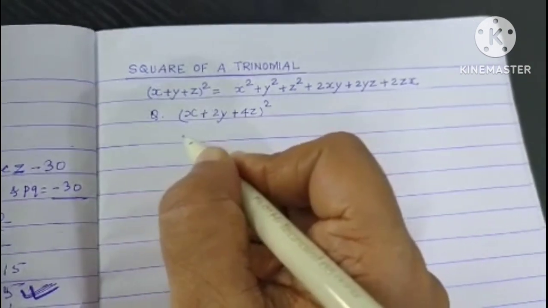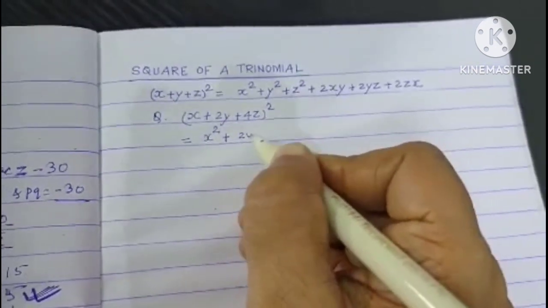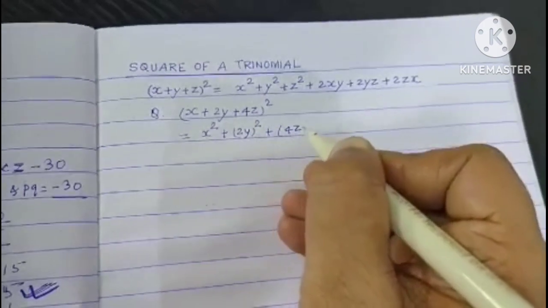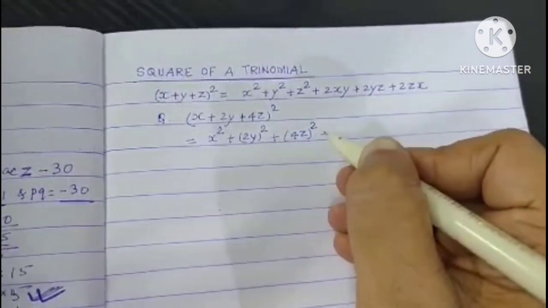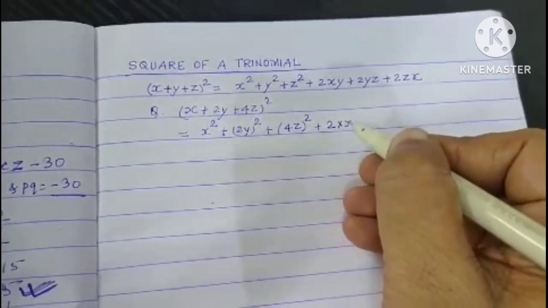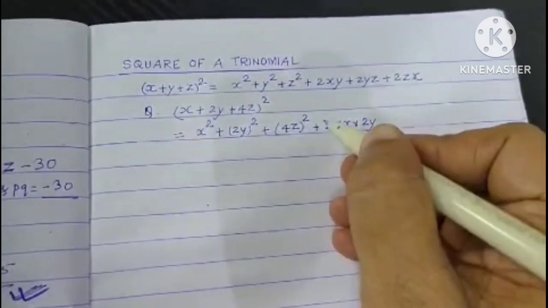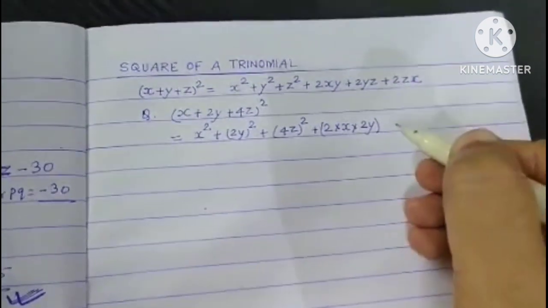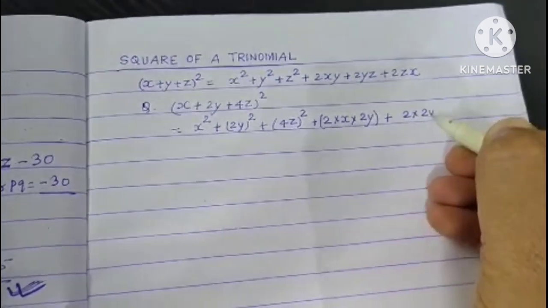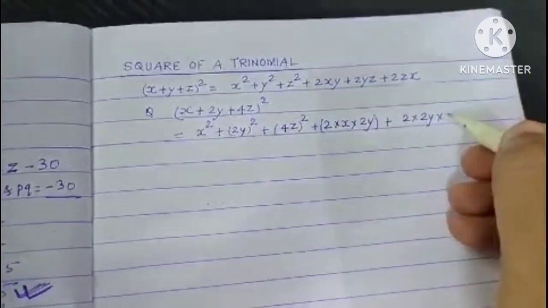That will be equal to x square plus (2y) square plus (4z) square plus 2 multiplied by x, multiplied by y, which is here 2y, plus 2 multiplied by y, that is 2y, multiplied by z, that is 4z,